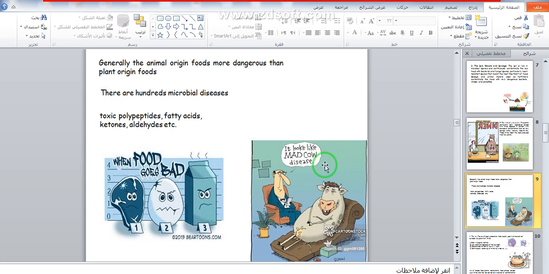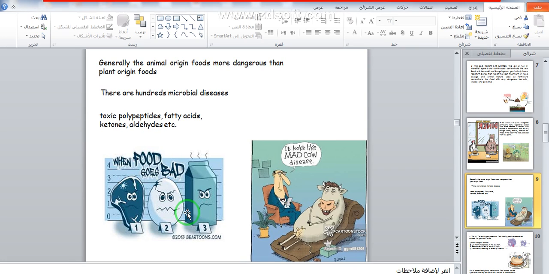They are transmitted to humans by food and products from these animals, like Creutzfeldt-Jakob disease or mad cow disease and other diseases. The second reason why animal origin foods are more dangerous than plant origin foods is the microbial contamination of